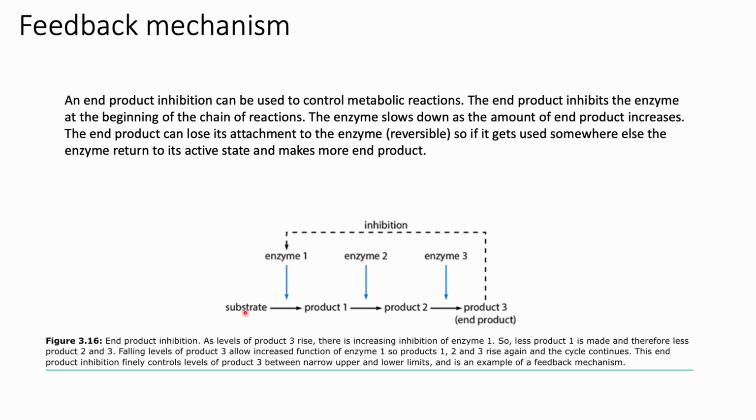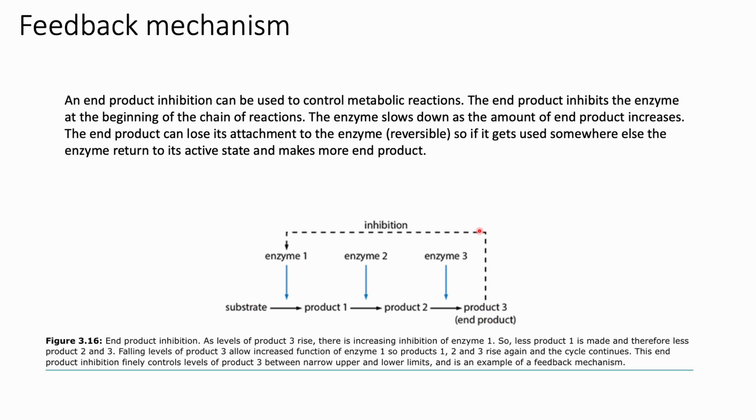So you have a substrate that combines with enzyme 1 to make a product. Then this product becomes the new substrate to combine with a new enzyme to make a new product. And then that new product combines with a new enzyme to make an end product in the end. But instead of this reaction continuing as a chain reaction, this third product, which is known as our end product, and it could have a longer chain here,